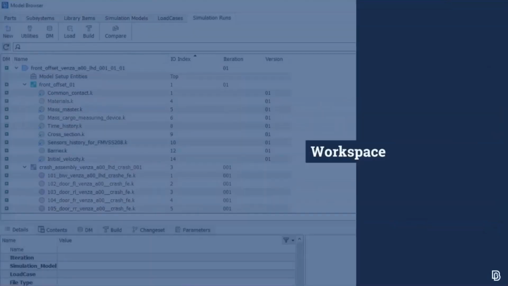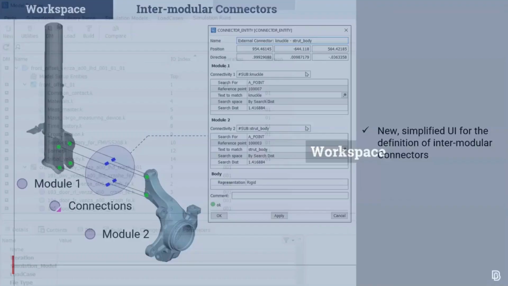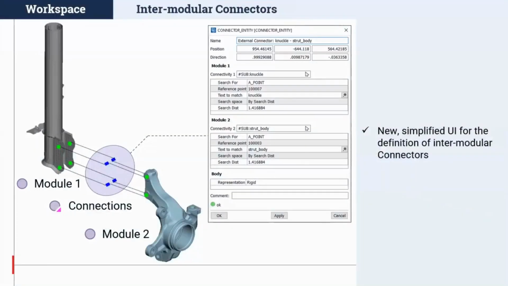So let's get started with the workspace of the model run management and the changes that we have introduced to improve the user experience and user friendliness, to keep the environment more appealing. To simplify the creation of intermodular connectors, we have now simplified the GUI for the intermodular connector that connects two subsystems, as shown in the figure here.